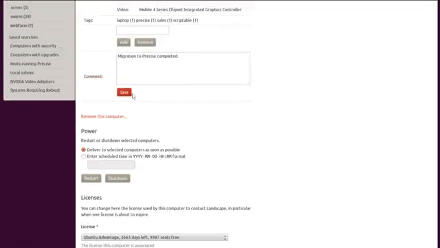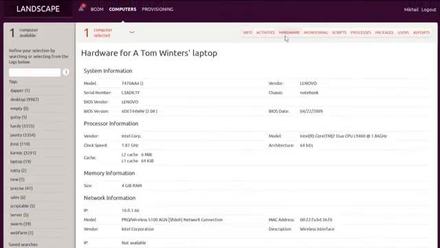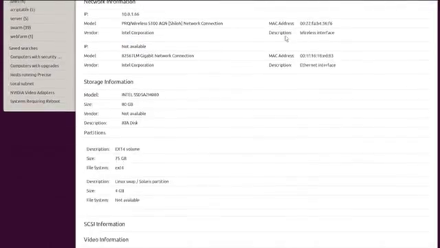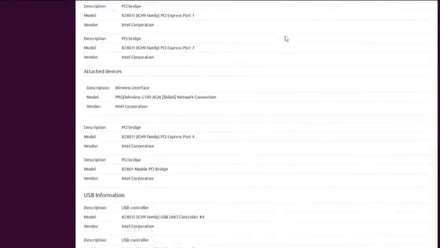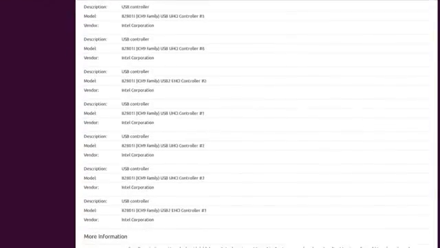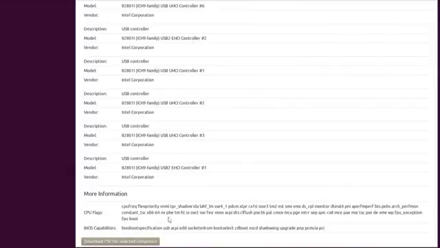But we can go into even more detail. It's very comprehensive, and because it's sourced from LSHW, it's exactly the same information you'd see if you were debugging this machine in your terminal. Even the CPU flags are tracked. We can also export the data in a CSV dump, so it can be imported into a spreadsheet or any